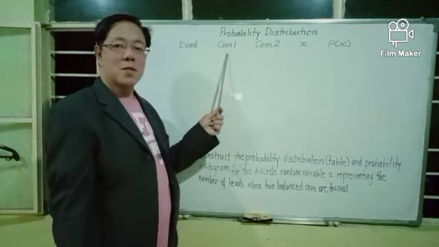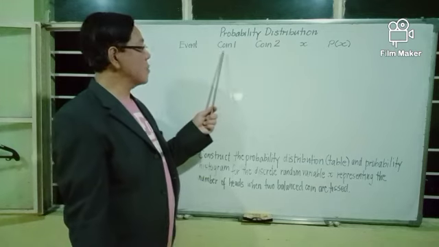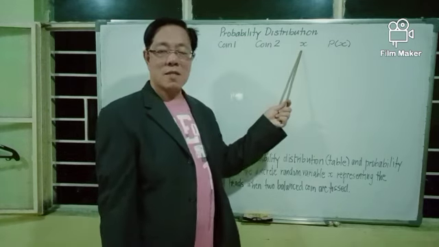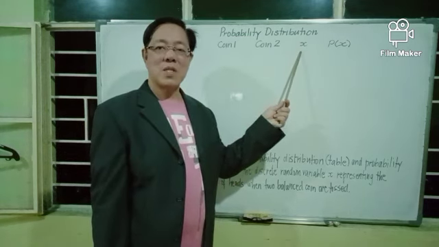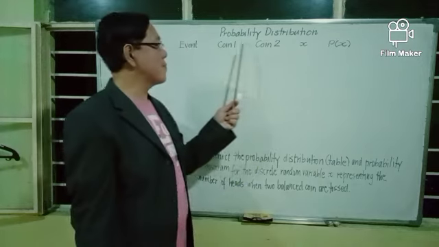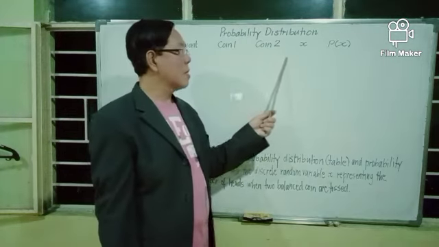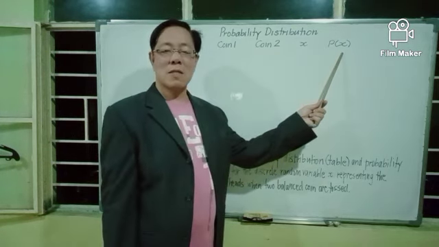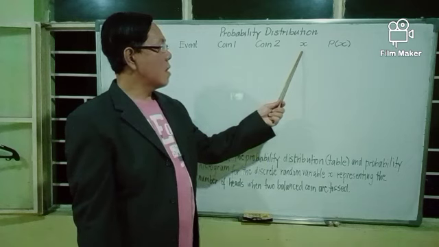There are two balanced coins to be tossed, which we denote by coin 1 and coin 2. X is the discrete random variable representing the number of heads in each toss of two balanced coins. And P of X, small letter p of x, is the probability of